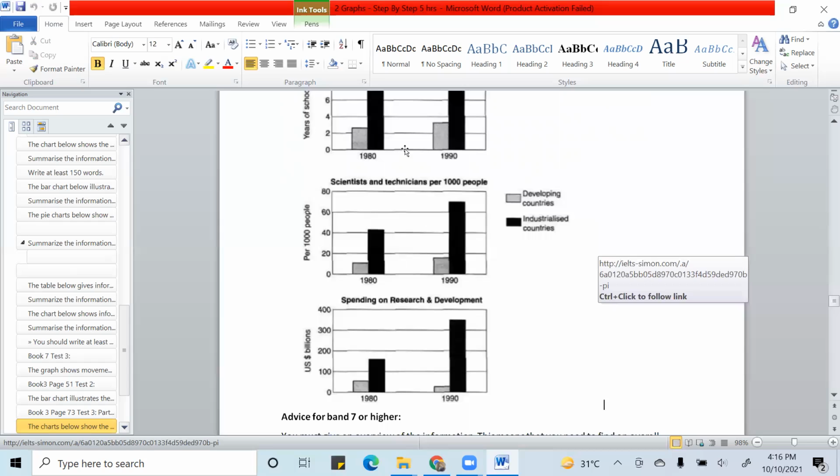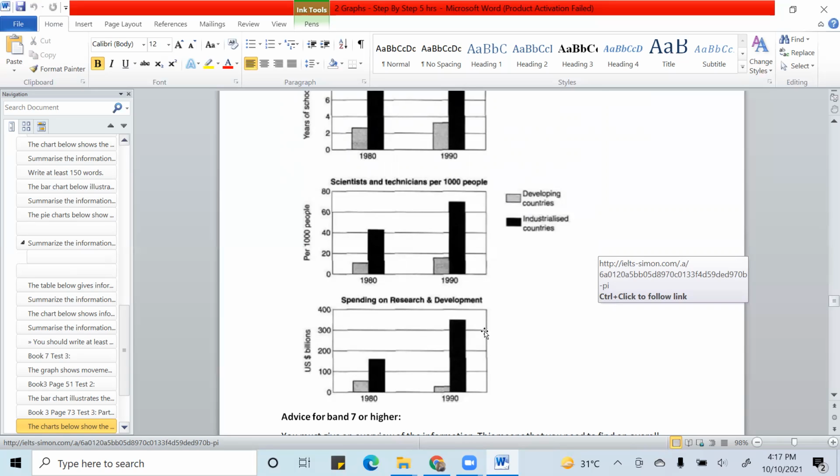This is contrary to what we see here. So what is it? Spending on research and development. Actually, the spending has decreased in developing countries on research and development, whereas it has increased here. So this is pretty much the case. But when you start, you have to summarize